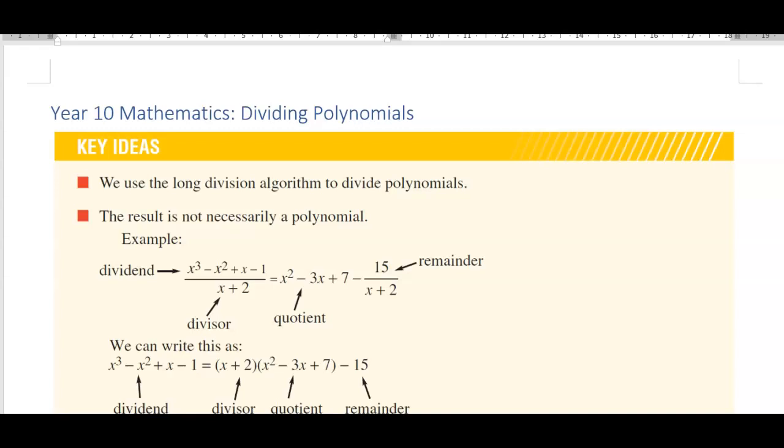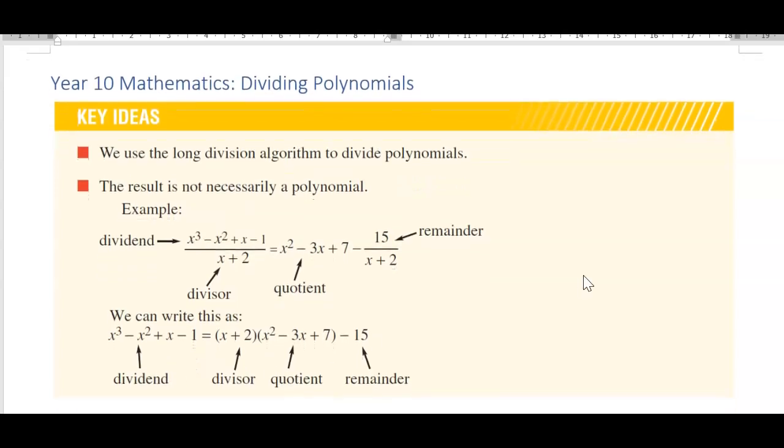Hi everyone. In this video we're going to go through dividing polynomials. So I've just got a few key ideas here. Basically we use dividing polynomials, or this long division method, when we need to factorize a polynomial. Obviously we can easily factorize a quadratic, but say you have a cubic like the one on the screen,